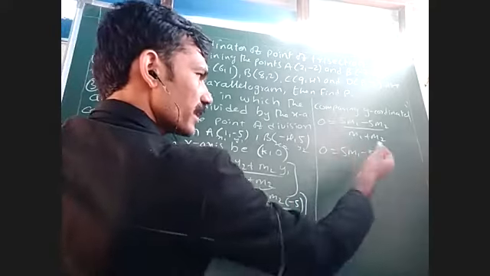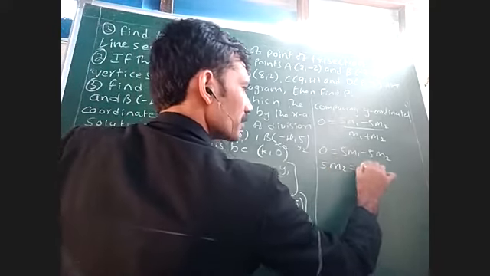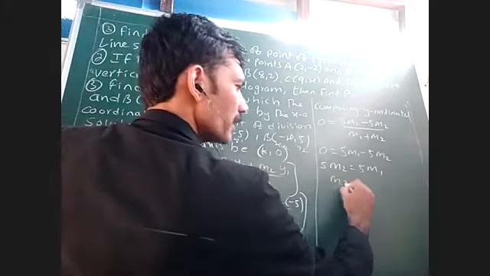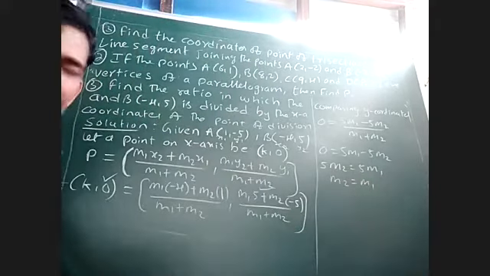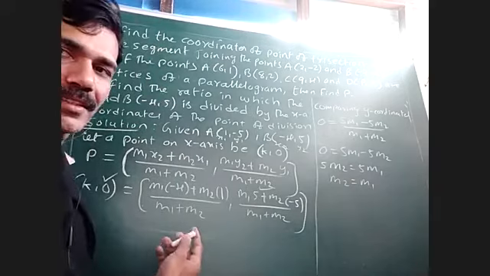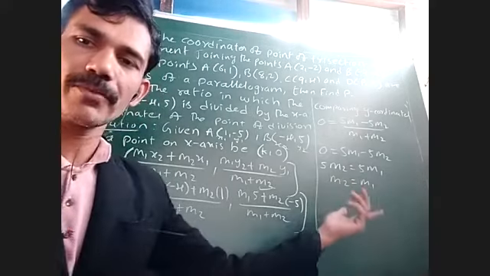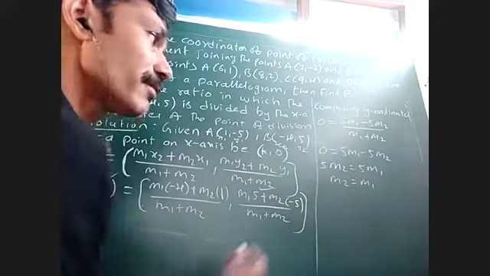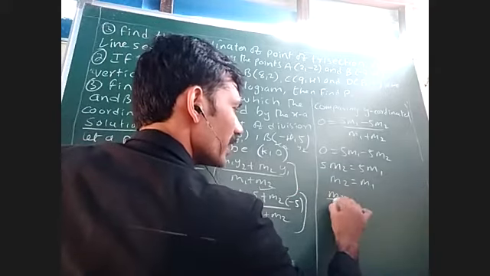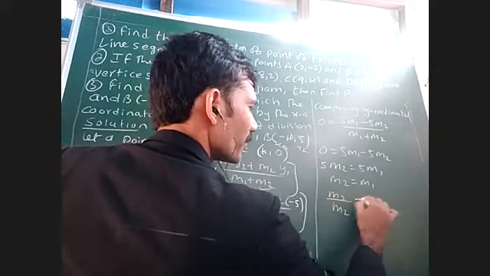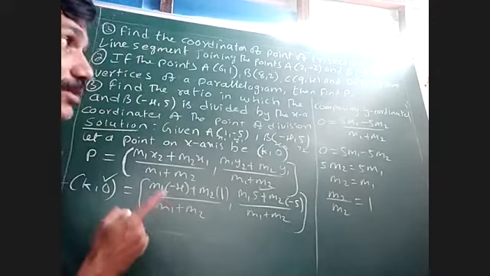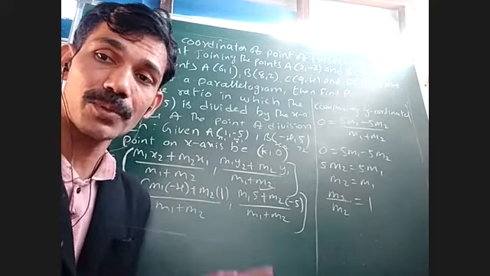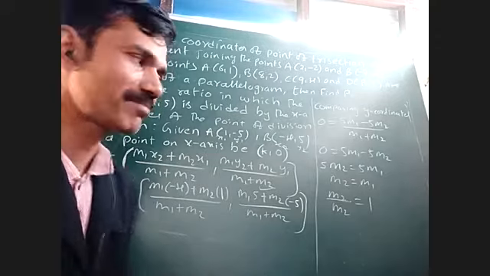That minus 5m2 you can transpose to this side. It will become 5m2 is equal to 5m1. Then what are we going to get? Yes, 5 you can cancel. m2 equals m1. If you take any value, here 5, there 5, what will be the ratio? 5:5, in lowest terms, becomes 1:1. So m1 by m2 is 1. So the x-axis is dividing the line segment joining AB in the ratio 1:1. That means it is the midpoint.